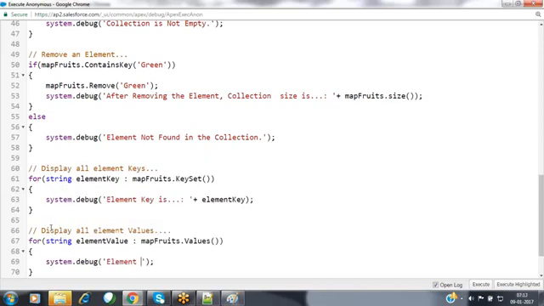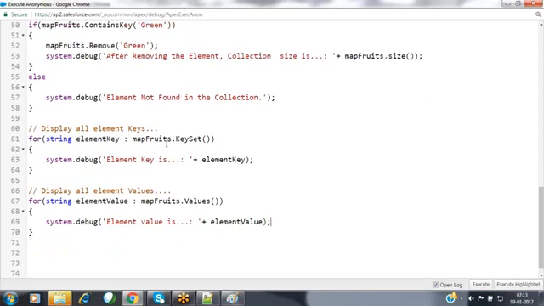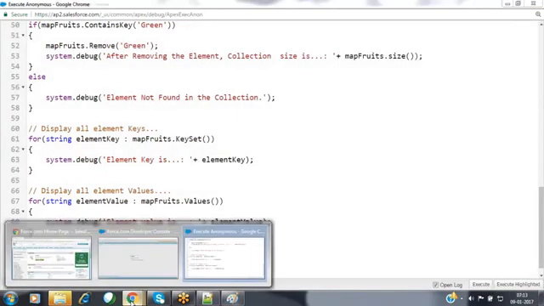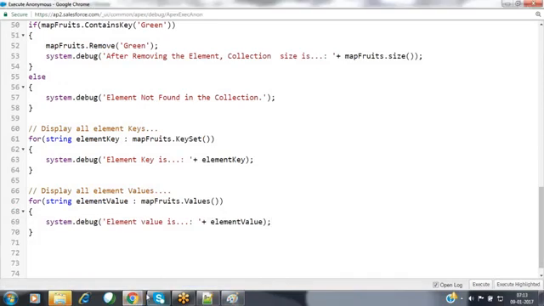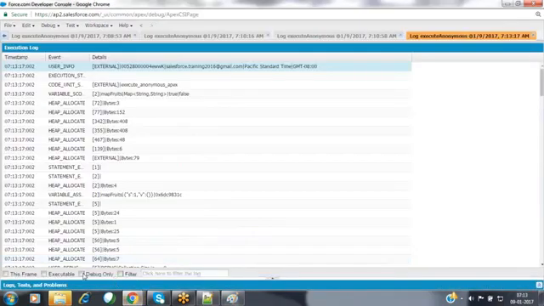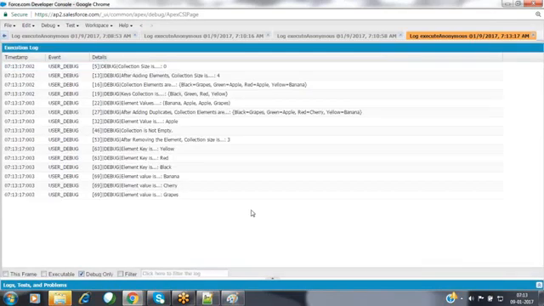System.debug, element value is, I want to show that element value. Now we can display the keys as well as the values. Let's execute that code. Now we can cross check all the values.